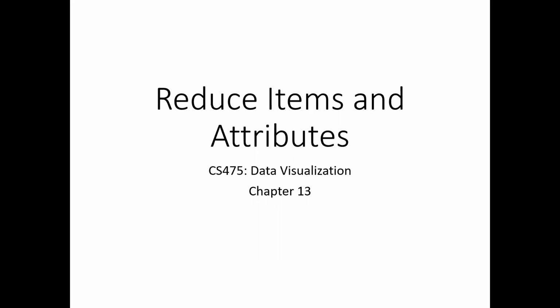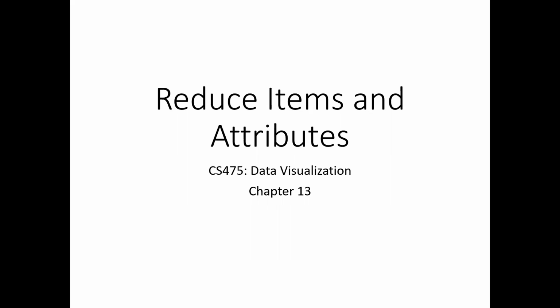Okay, so here we are with the penultimate chapter in the book. This is item reduction and reducing attributes. And basically, the focus of this chapter is what it says on the tin. We want to reduce what's in a view, and it's a major strategy that we have for managing complexity within